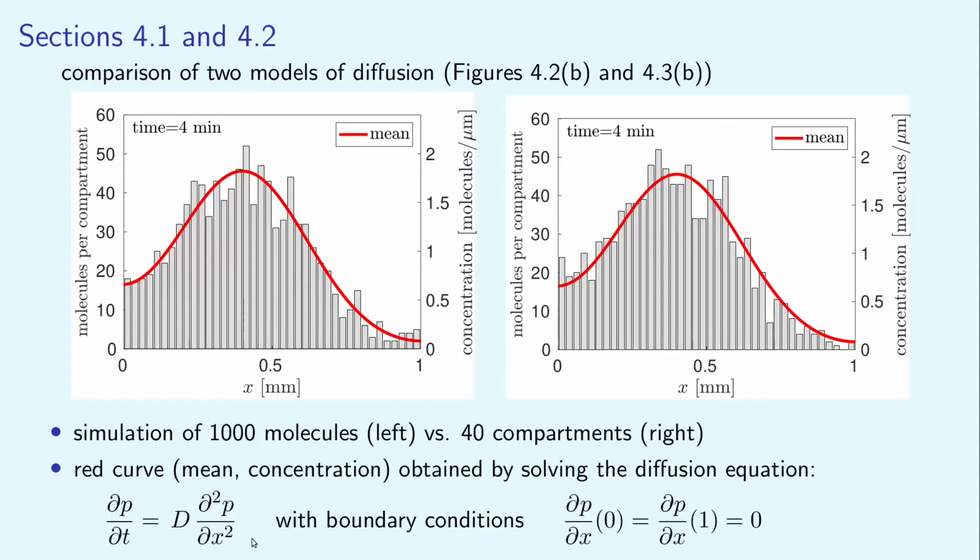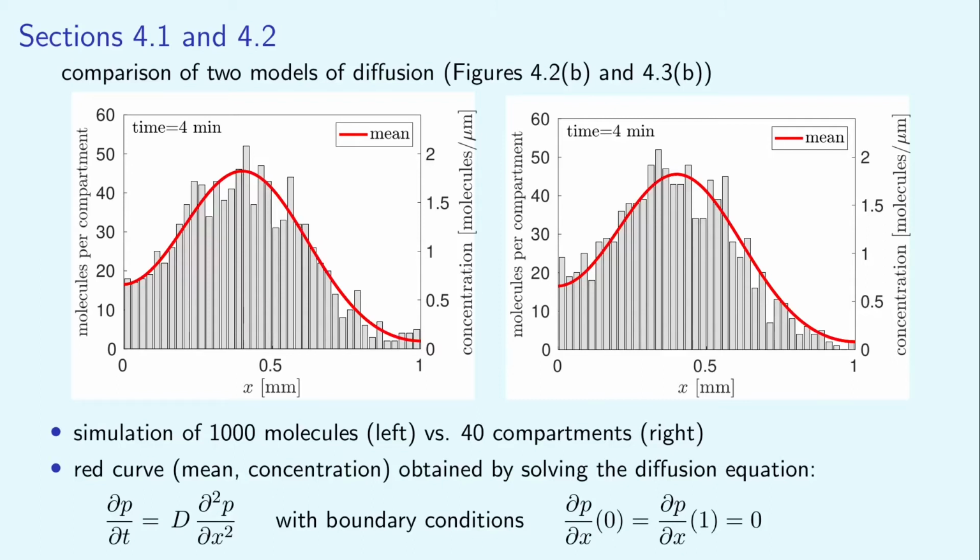The diffusion equation gives us the average behavior of the SDE-based model on the left. If I pass to the limit of the compartment size h goes to 0, then the diffusion equation also describes the average behavior of the compartment-based model of diffusion on the right. Here I should note that the limit of the compartment size h going to 0 is fine for the diffusion process, but it can be problematic when we start considering reaction diffusion processes, which we will discuss in detail in